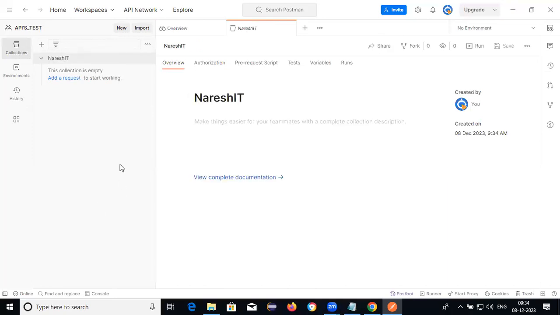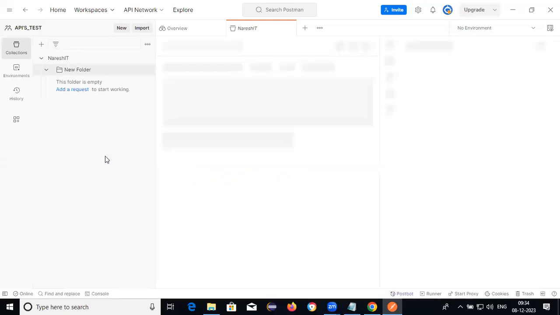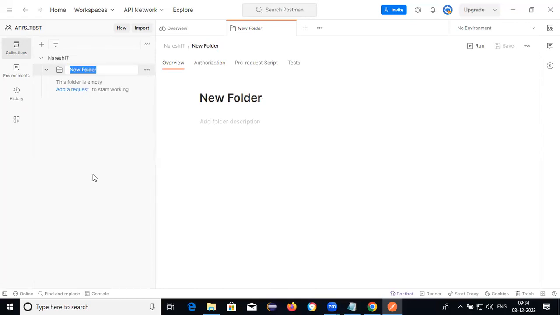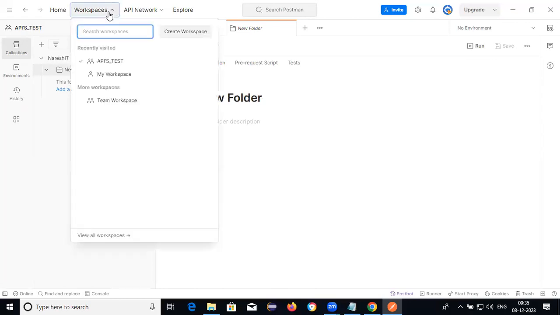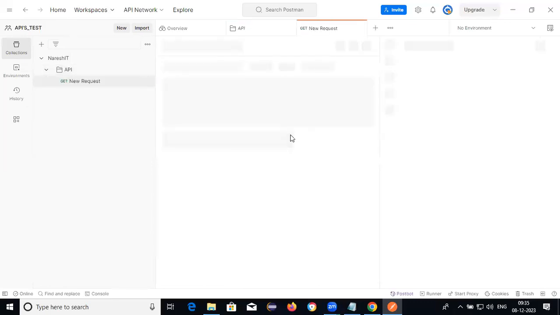This is the collection. Once you create the collection, under the collection, create a folder. Under the folder, we need to provide a request.